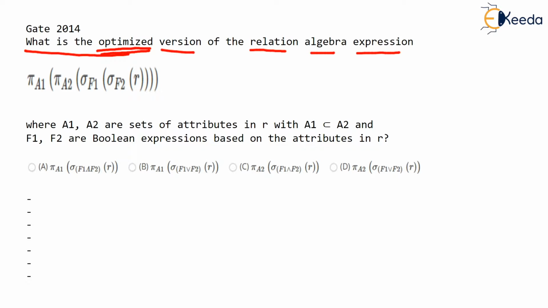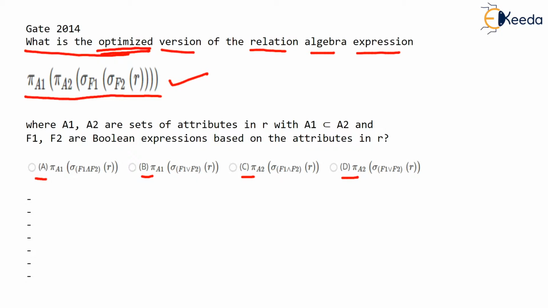What they mean is that if this relational algebra expression is given, which is correct, obviously, and this works, then what is the best way to write this expression? Is it method A or B or C, one of these? By best, we mean which of these expressions A, B, C, D is equivalent to the above expression and will run fast, in less time. That's what we mean by optimized.